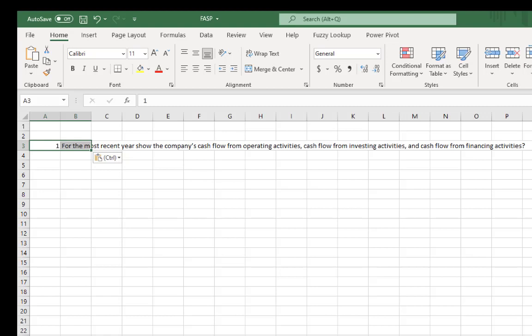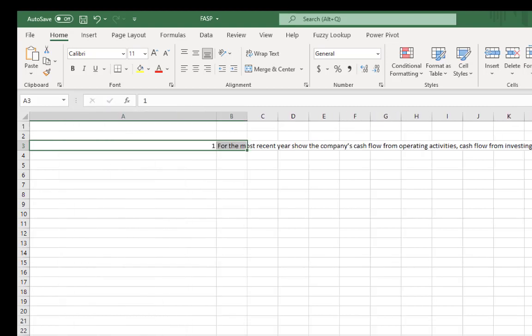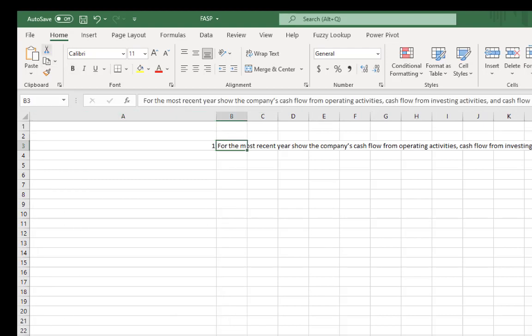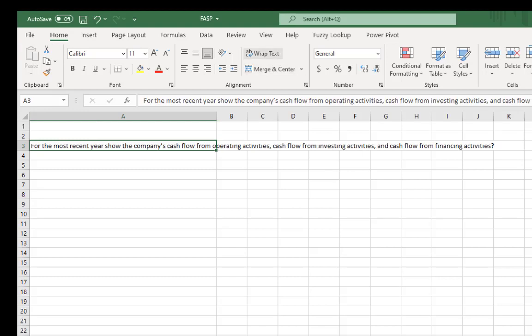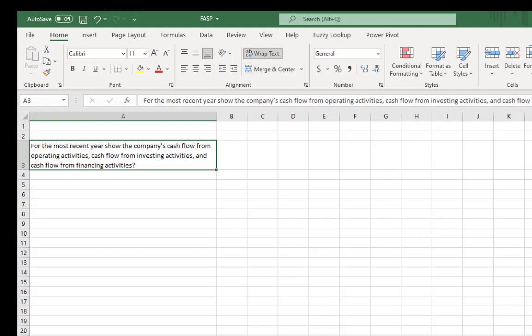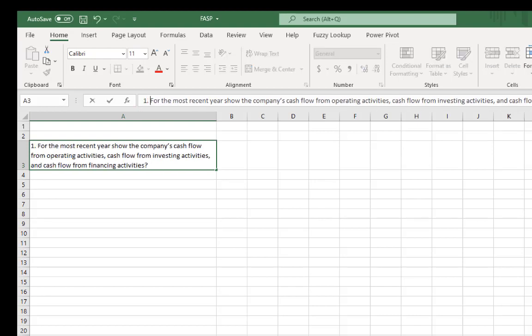And again, remember, I'm going to make this a little bit bigger. I think what I'm going to do is just leave this. I'm going to cut and paste this in here. And then I'm going to wrap the text. I'm going to go back here and I can put in a 1. So it really just depends on how it pastes for you. But basically, you're going to want the question showing